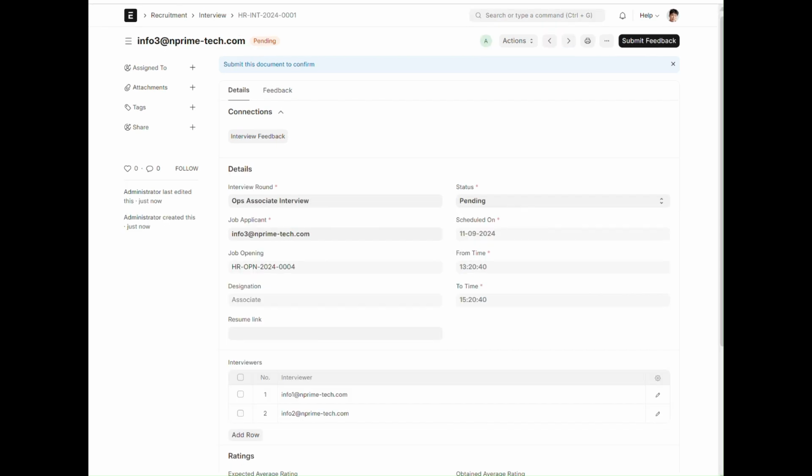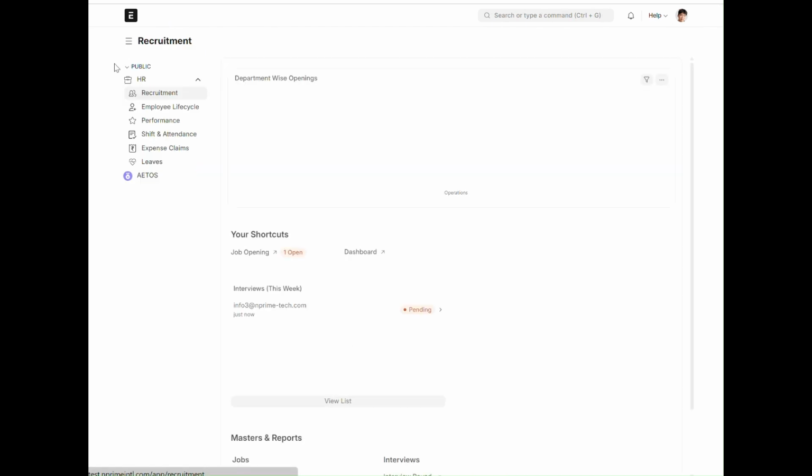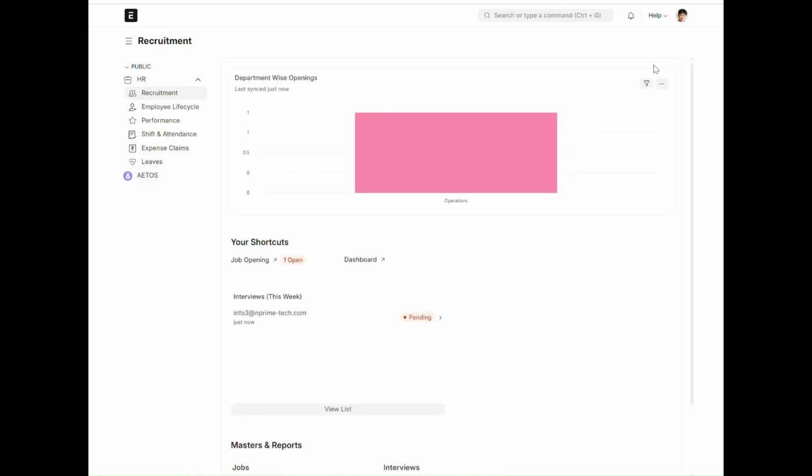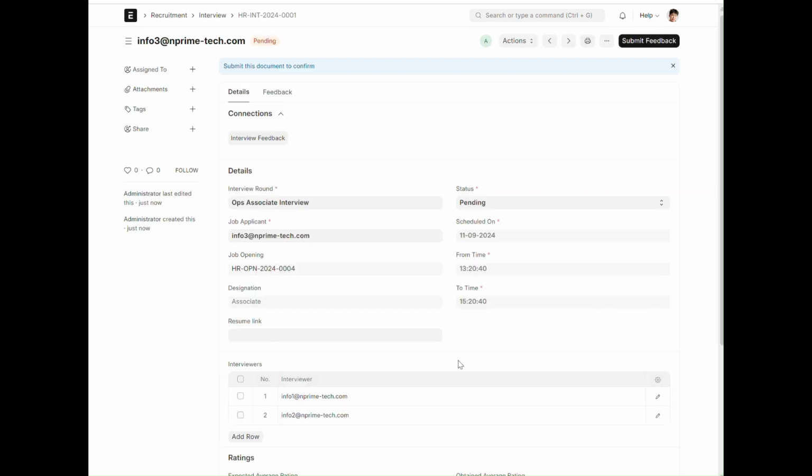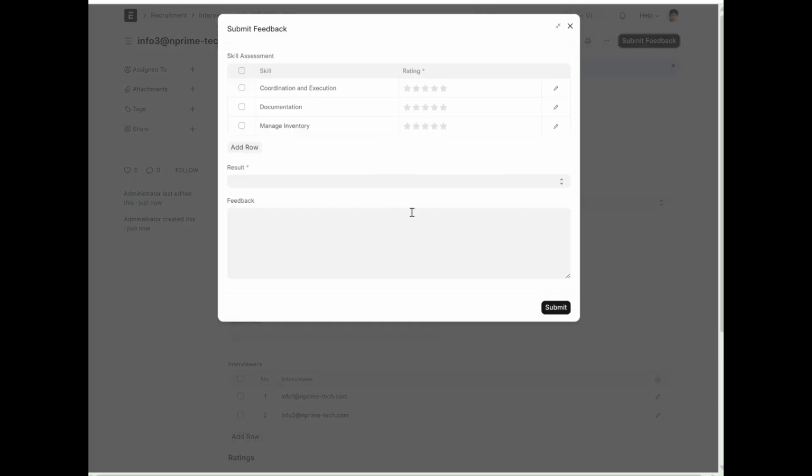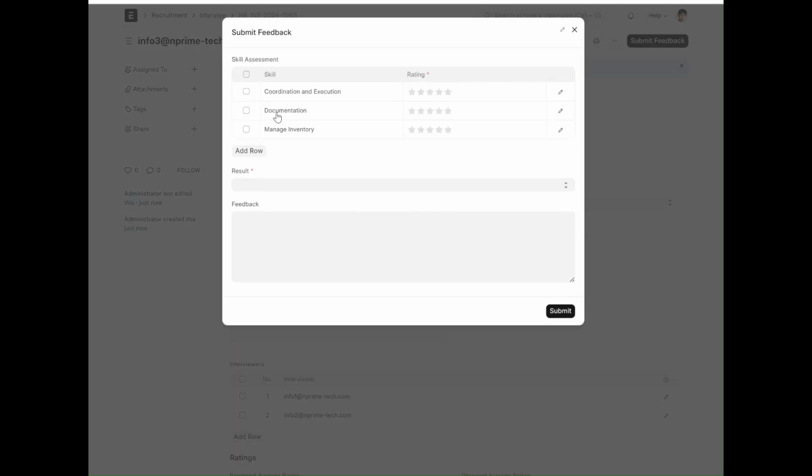Now I'm logging in as Jim. Jim is logged in. You find that under the portal, he has one outstanding task that he needs to do. There is an interview this week that he needs to conduct. The first thing he needs to do here is submit feedback. Remember the template for the interview? These are the three skills for which Jim has to provide feedback. Let's say he provides a 4-star rating, documentation is excellent,